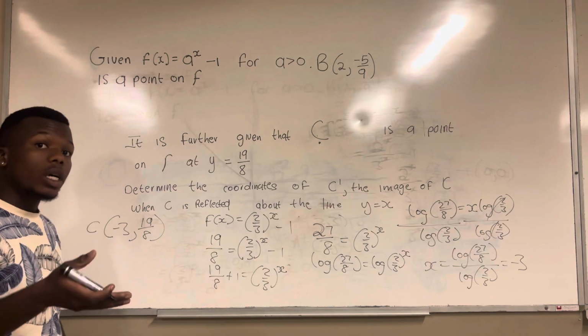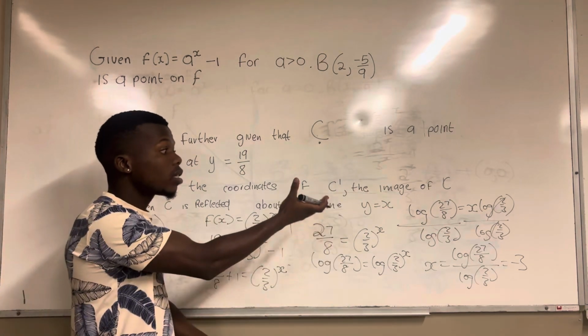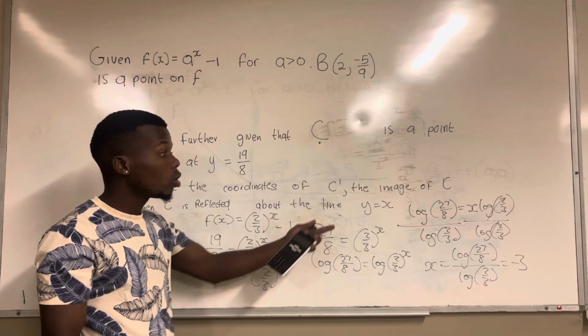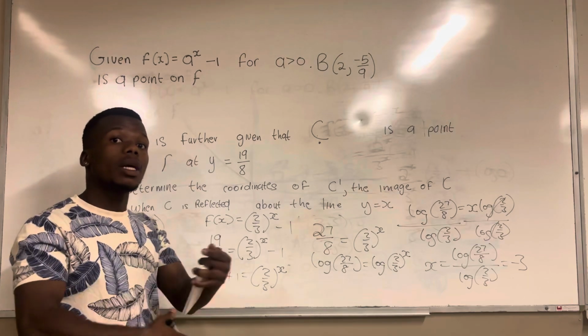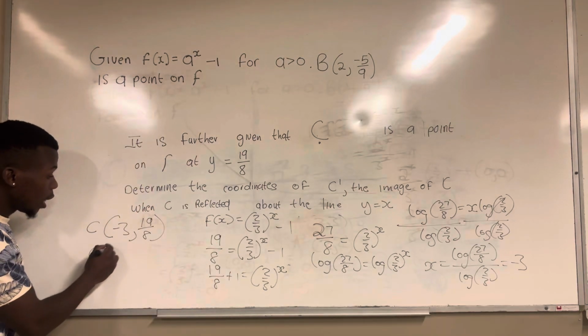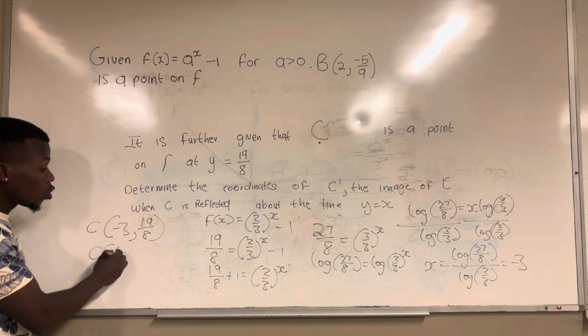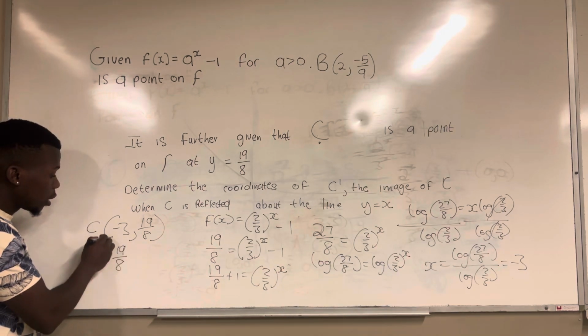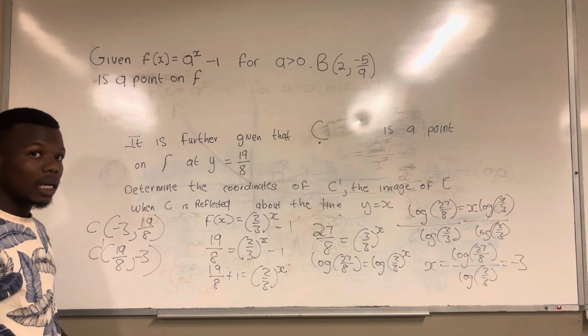But remember, the question says we must find C prime, which is the image of C when my function is reflected about the line y equals x. We said all we need to do is swap the coordinates. Meaning here, my x will become my y and my y will become my x. This is going to be C prime equals 19 over 8 and negative 3. We are done with